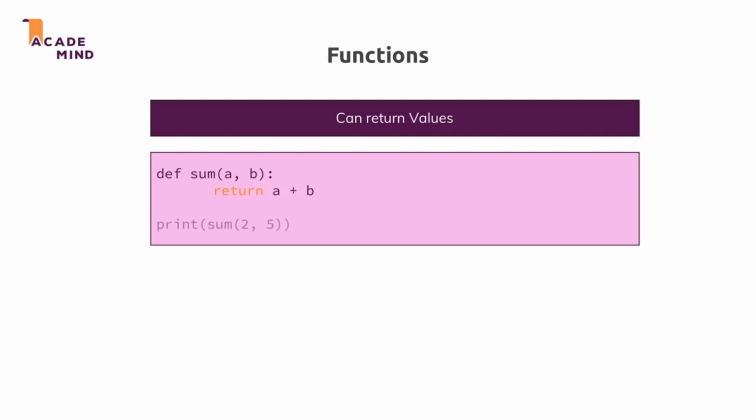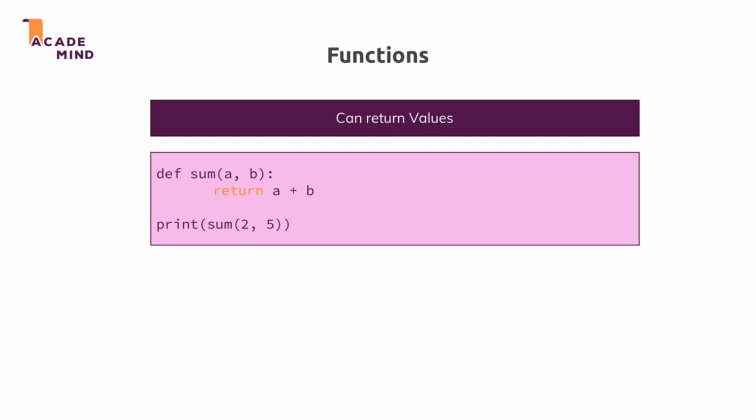In this case here, we call sum inside of the print function, which will output the value returned by sum. We could, of course, alternatively also simply store the result of sum in a variable by using the variable name and then an equal sign and then the sum function call.